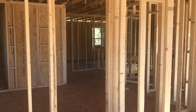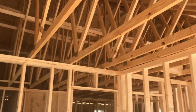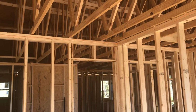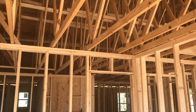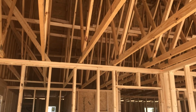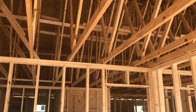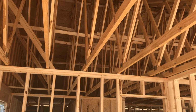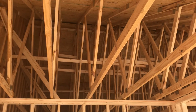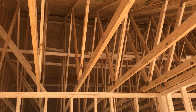Now I'm pretty sure this is in other videos too, but I'm just gonna address it. Each of your rooms do get a light, and if you want a ceiling fan, that's $150 extra. So they put in a brace to keep the ceiling fan up. You don't have to, and the ceiling fan and the equipment to hold